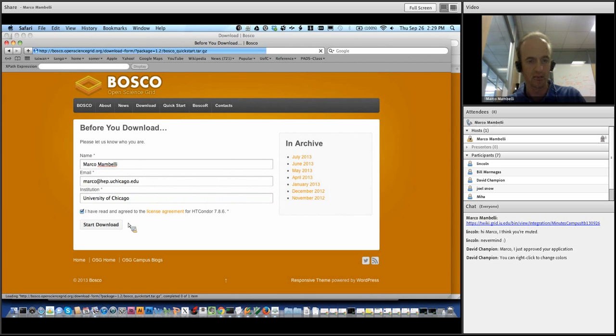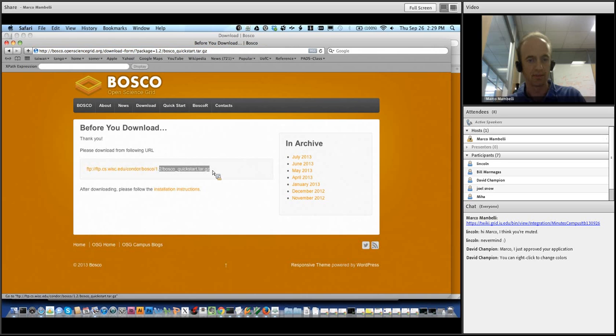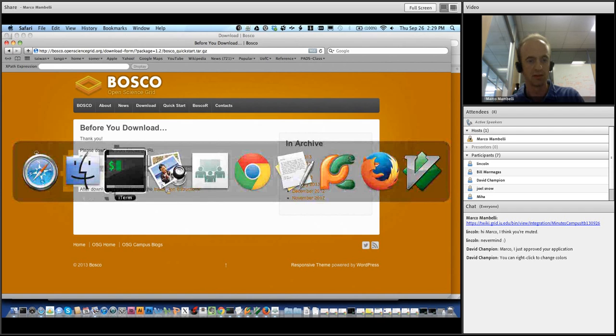And then when I click Start Download, it will provide the URL to download the file. I can either download the file, or I can copy the URL, go to my terminal,